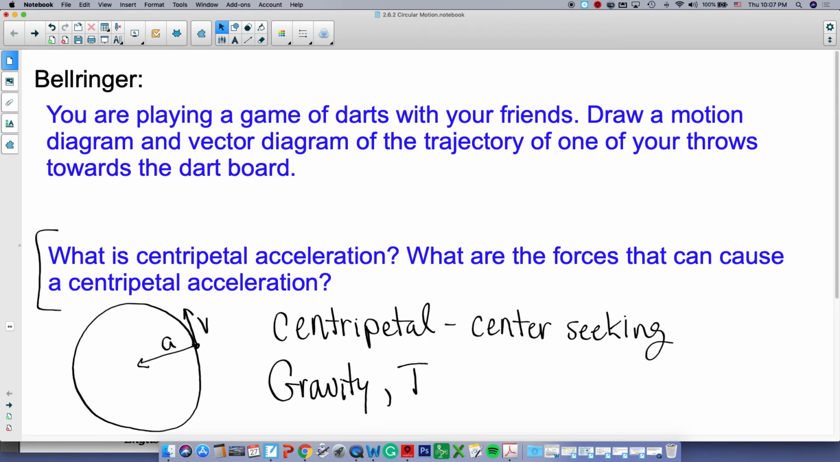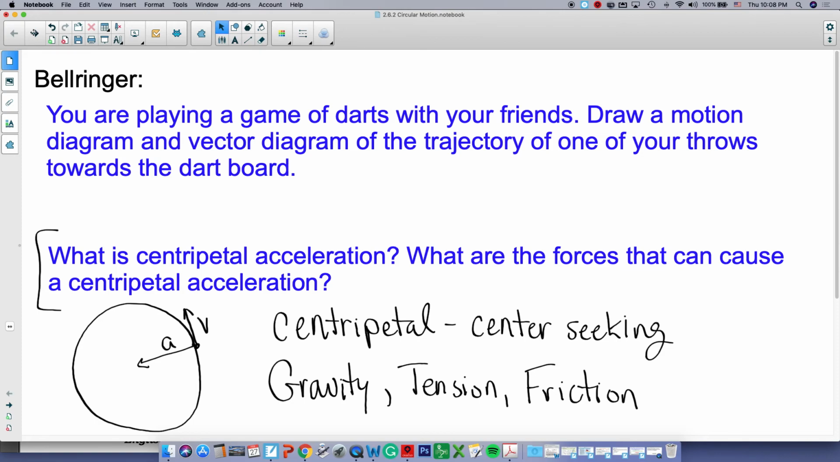We can have tension. That would be anything on a string or a chain or a cable, stuff like that. And we can also have friction. Friction can cause a centripetal acceleration. That would be like a car turning, or you running around an embankment on a curve or something like